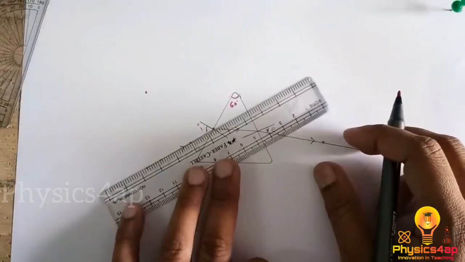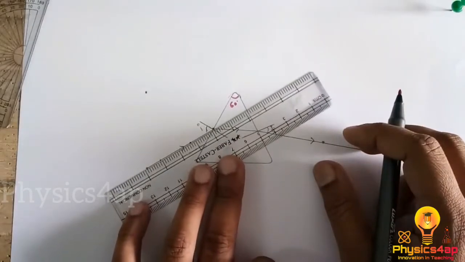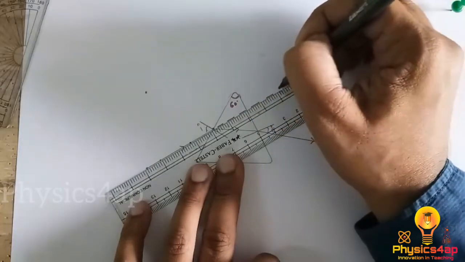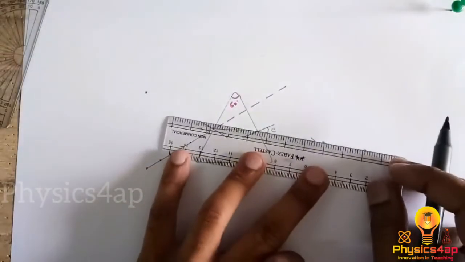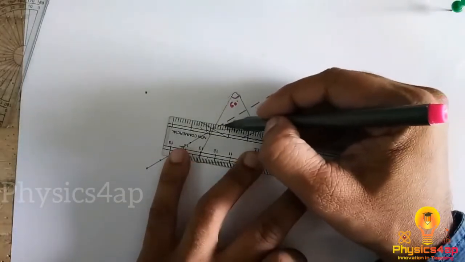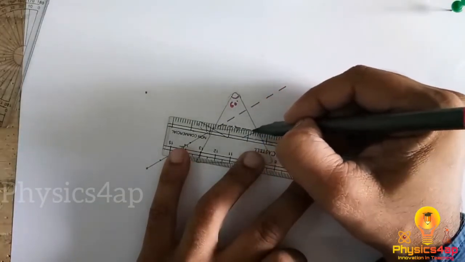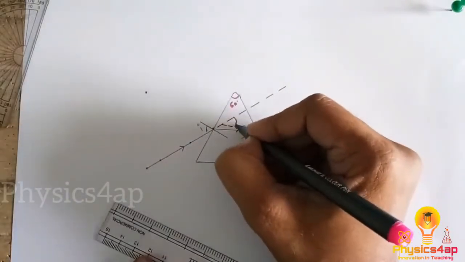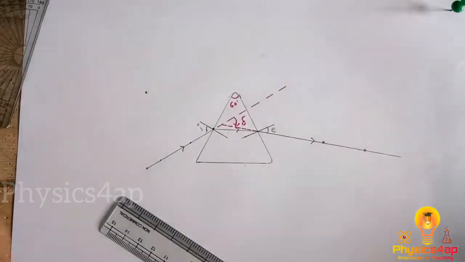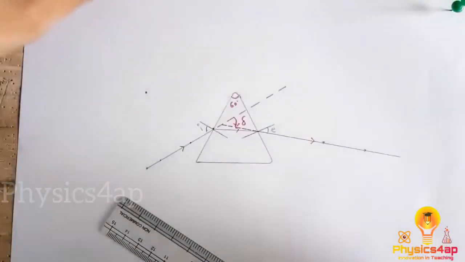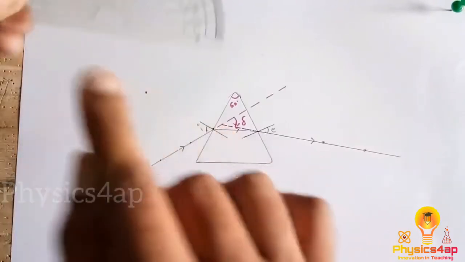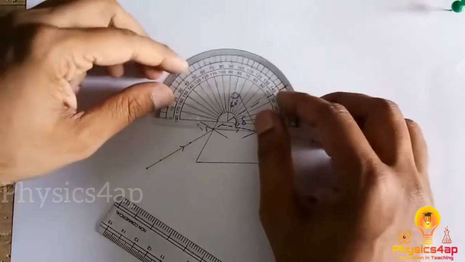Now I am going to extend the incident ray forward, and I am going to extend the emergent ray backwards. So I get this angle, that is called angle of deviation. So let's measure with the help of a protractor. Okay, how do you measure this? See, make sure that this point is falling over here, so like this,